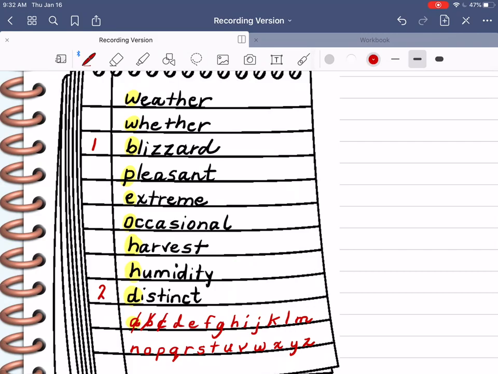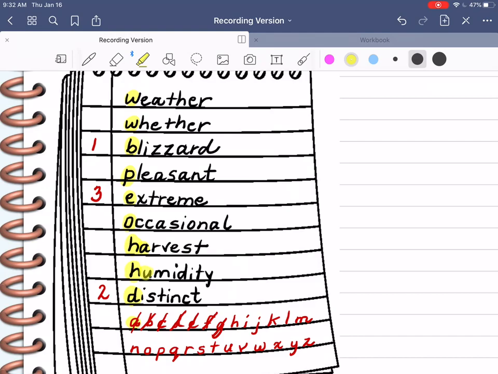So let's make that entry number 2. Any E's? Yes. Extreme. Any F's? No. Any G's? No. Any H's? Yes. I have harvest